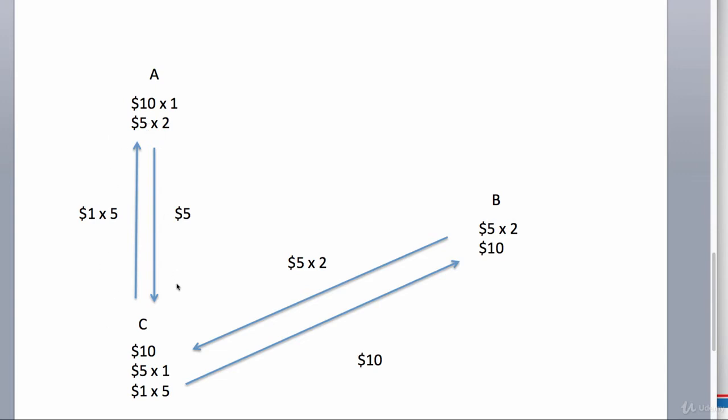And then what if person A decides, oh, hey, I need some $1 bills. So they trade 1 $5 bill with person C to get 5 1s. And then person B wants another $10 bill, so they give person C 2 $5 bills. But as you can see, there's not really a safe way for each party to just completely agree. So the bottom line is that there's no way without it being facilitated by a third party to exchange funds between multiple groups. So A has to trade with one person, B has to trade with one person, unless there was a facilitator,